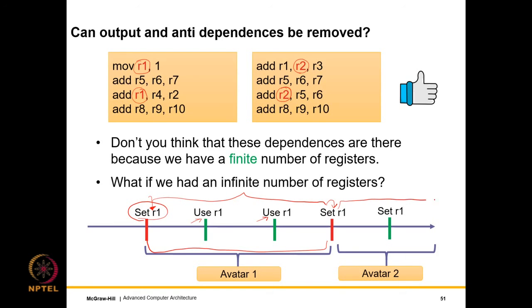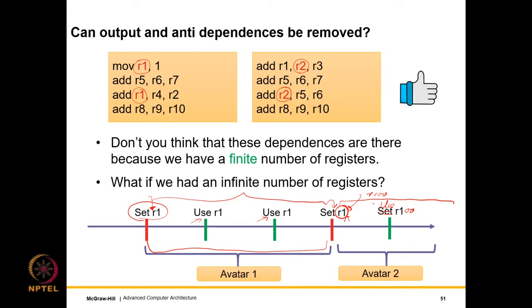And similarly, a subsequent avatar starts. So if, let's say, automatically we change R1 to, let's say, R100 and then replace every single use of R1, I'm sorry, this should be use, and then replace every single use of R1 with use of R100, it will make no difference at all, and the programmer will not be able to see the output of the program will still be the same, and essentially everything will work in exactly the same manner as long as we are consistent, which means that every read that uses this value of R1, instead of using R1 uses R100.